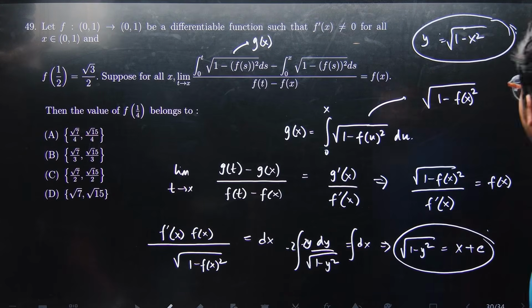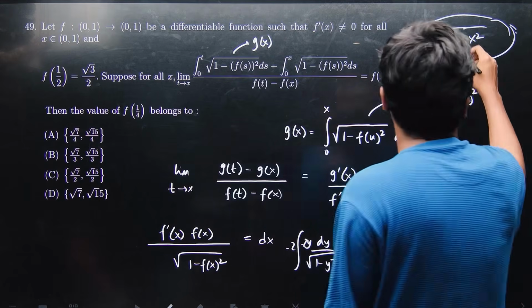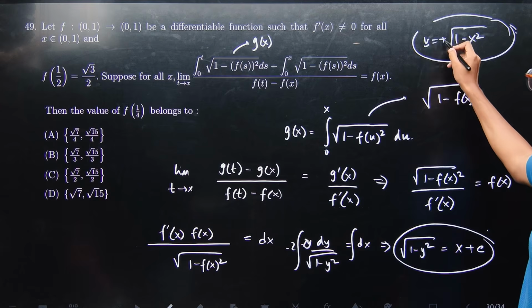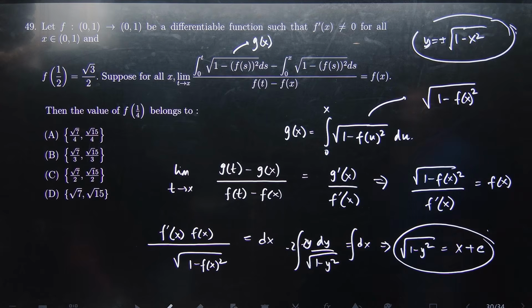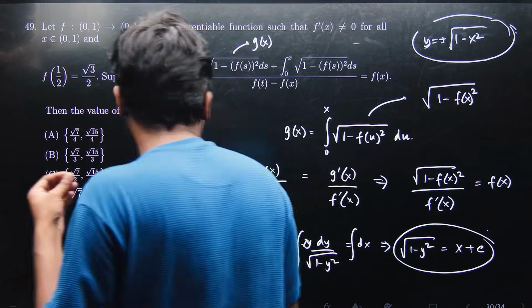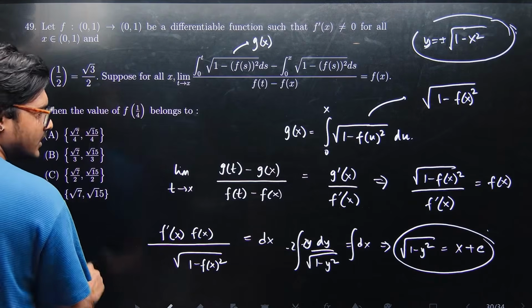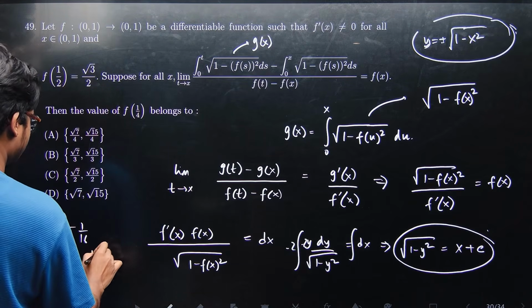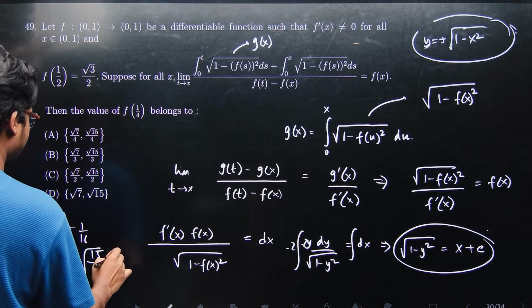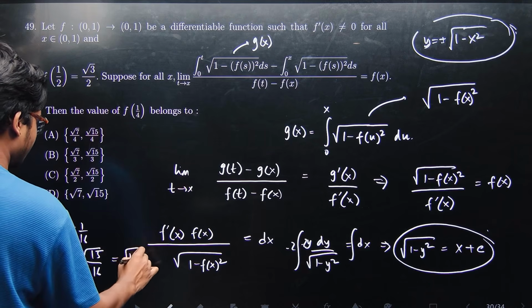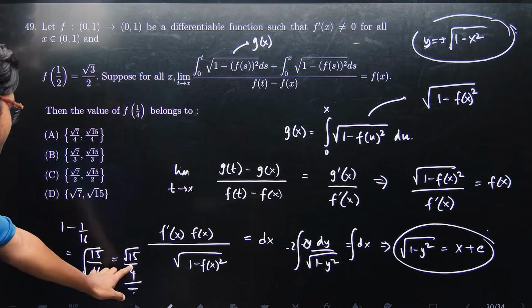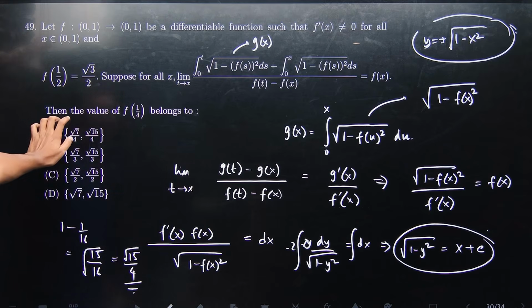So f of 1 by 4 is going to be what? Let's see, this is going to be plus or minus, right? Because you're taking square roots after squaring it, right? So this is going to be y equal to plus or minus root of 1 minus x square, okay? So that should give me what? That is going to be 1 minus 1 by 16. So that's 15 by 16, right? And the square root of that, right? That should be what? Root 15 by 4, okay? But observe that plus or minus root 15 by 4, but